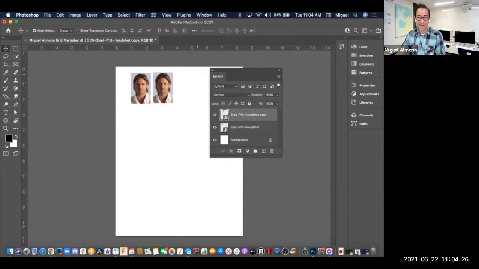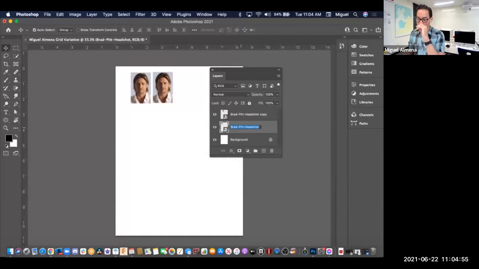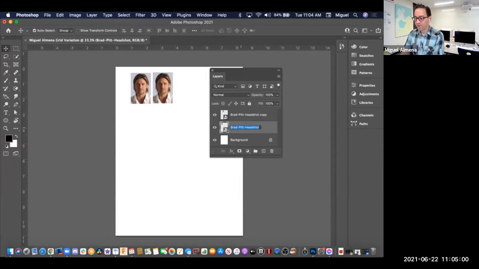Before I do anything, I'm going to start to rename these layers. I'm going to take Brad Pitt headshot, and where the name is, I'm going to click onto any letter, and there's a black box with blue highlight. What you see in the layers panel is an entry field. So what's this called? I could call it Brad Pitt, but in this instance, I'm just going to call this row 1, image 1